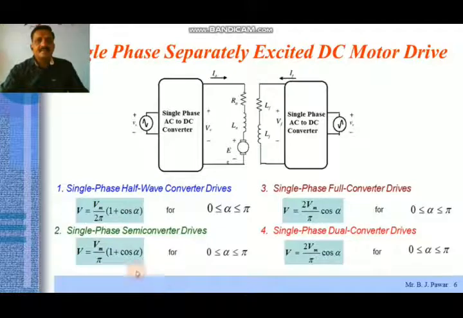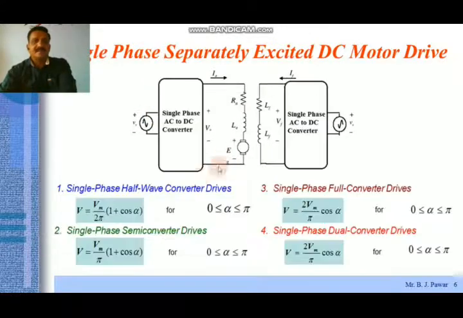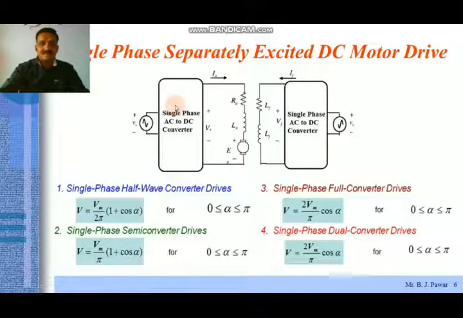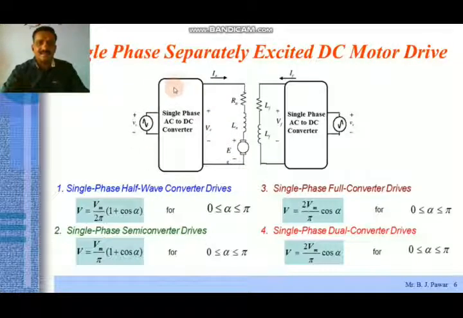Now in this side, I purposely replace this controlling part by simply a block from both sides, and it is written as a single phase AC to DC converter. Why do I replace it? Because whatever we discussed previously was a full converter using 4 SCRs. Instead of that, for the various AC to DC converters we discussed in previous lectures, we derived the output voltage.